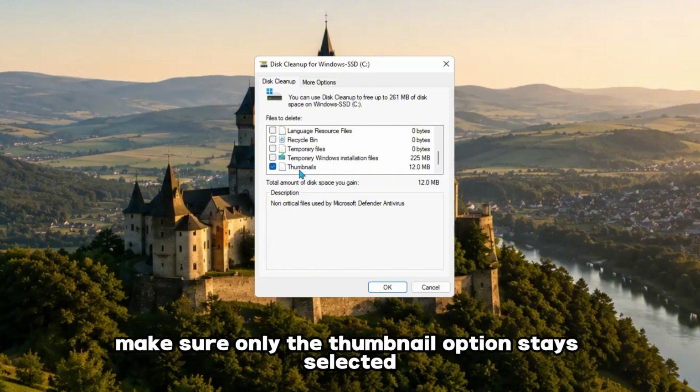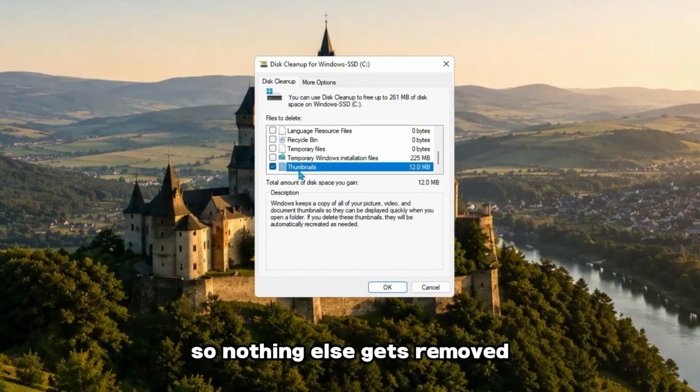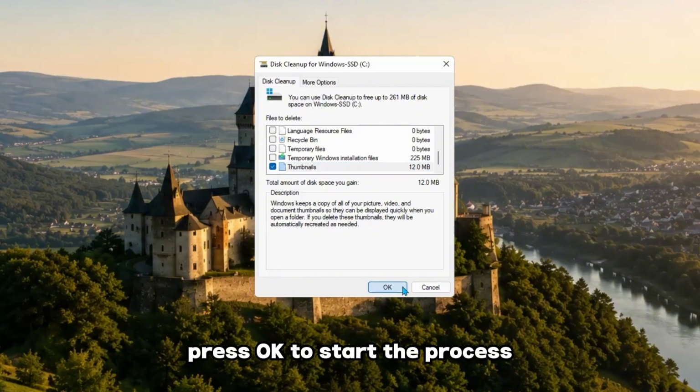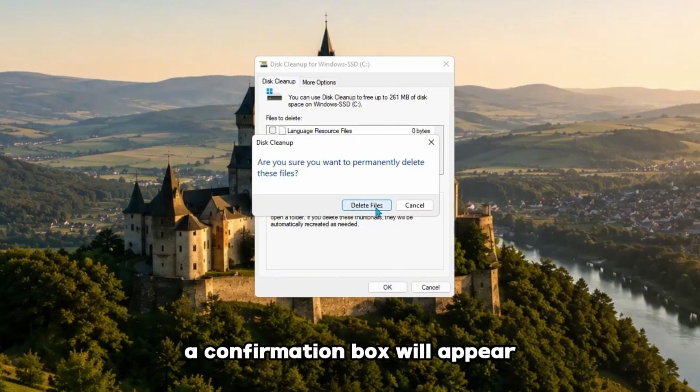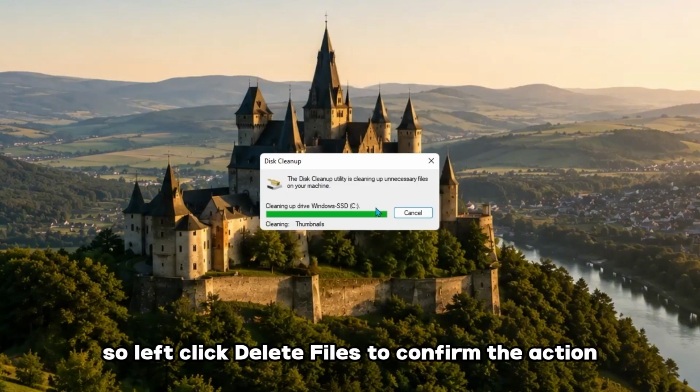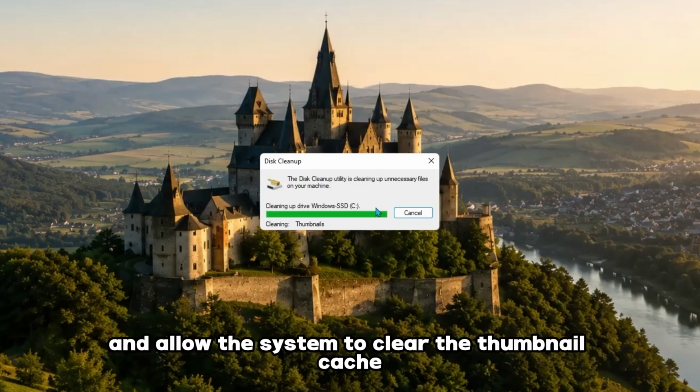Make sure only the thumbnail option stays selected so nothing else gets removed. After confirming that the checkmark is only on thumbnail, press OK to start the process. A confirmation box will appear, so left-click Delete Files to confirm the action and allow the system to clear the